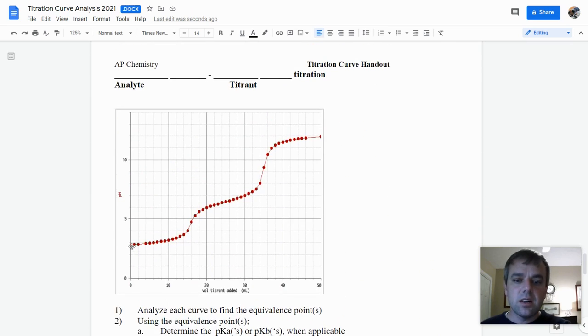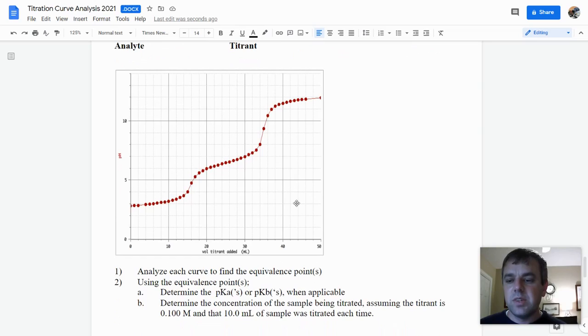This one right here is clearly a polyprotic acid. I'm going to guess that since our pH starts around 3, it's weak. So we're analyzing a weak polyprotic acid with a strong base that we're adding to it. When we try to find the equivalence points, the first one looks like it occurs right here, which is going to be at 16 milliliters. And the second equivalence point looks like it's right here, which is about